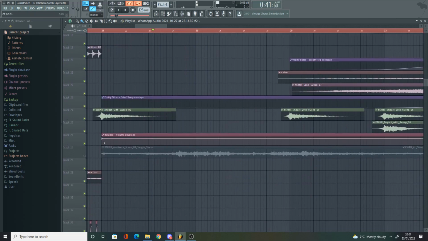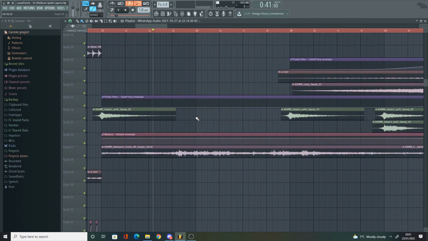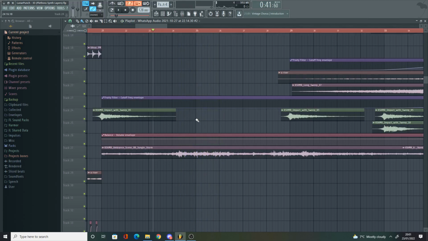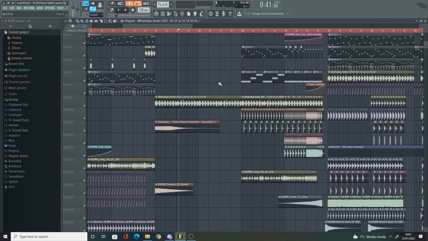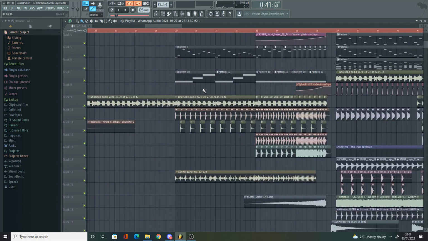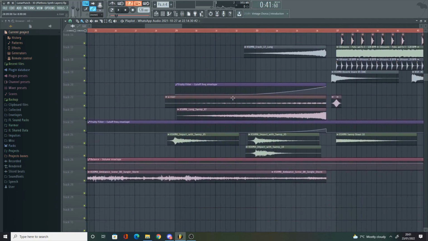And that sounds really boring, so I added in this ambience just to make more atmosphere and make it feel more full, less empty. And you can hear how much better it sounds just with the ambience. And then that rings out on its own for 8 bars, and then I start automating the